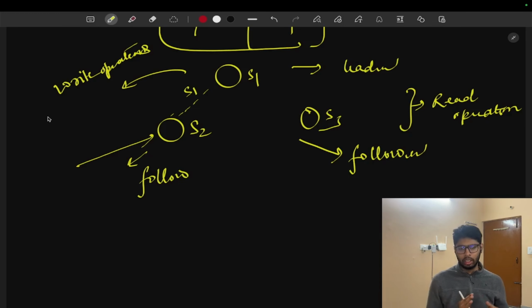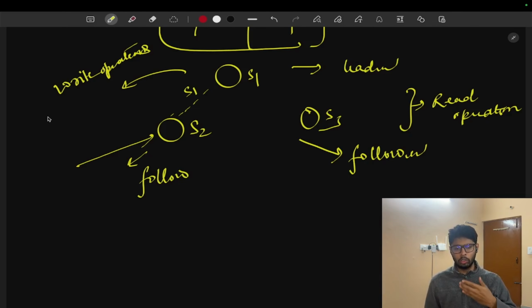What will happen in our scenario? If server 2 goes down, then everything works fine because there are still 2 servers running. But what happens if server 1 goes down? It means the leader is down right now. In that scenario, the leader election will happen again, and there is a chance that server 2 or server 3, any one of them, will become the new leader.